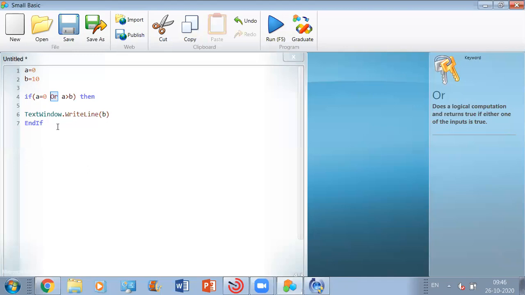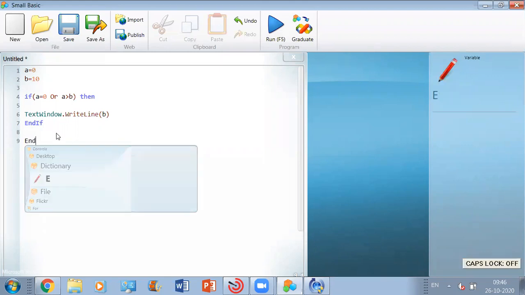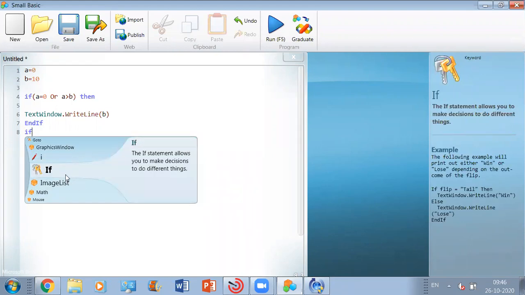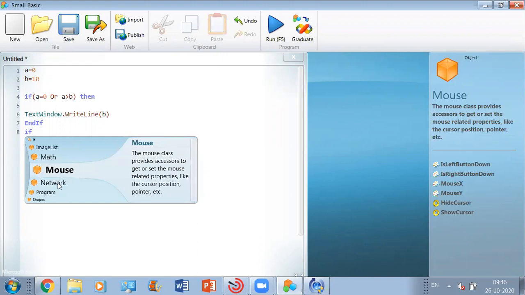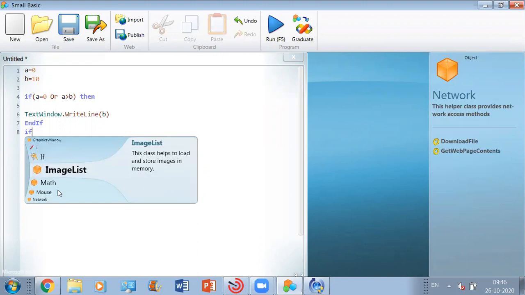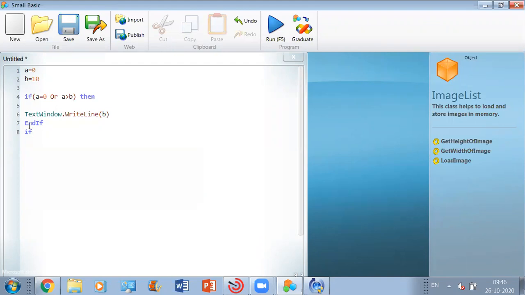Right on the top, there is a heading given, keywords. Keywords are the reserved words in programming. Remember this thing. Keywords are the reserved words in programming. Like the way we have used this and if, it's a kind of keyword. If we talk about the Small Basic environment, all the words that are available in this IntelliSense pop-up, you are able to see this IntelliSense, right? All the keywords which are available here, we will call them keywords.